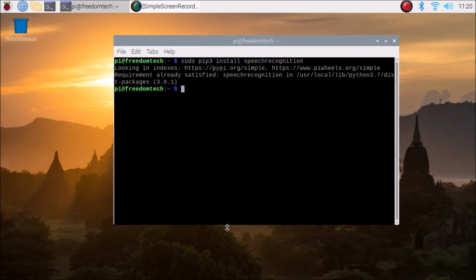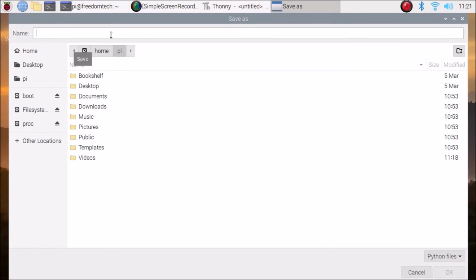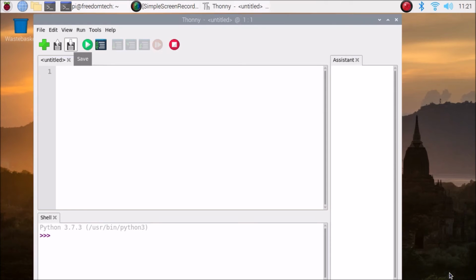Now we are ready. I am going to use Thonny as a Python editor. Again, you can use any editor, because I have already made the video on how to install Visual Code and PyCharm on Raspberry Pi 4. I am going to use Thonny because I am comfortable with it. Also I am comfortable with Visual Code, but I am going to use the Thonny editor. We are going to create our file. By default one file is already there. Simply we are going to save the file because I want to give it a name. I'm going to name the file ai.py. Simply click on OK.